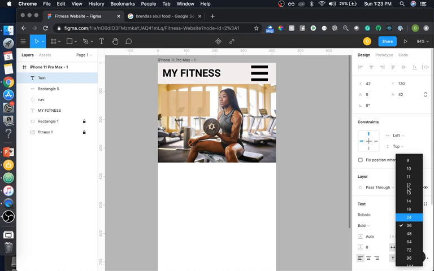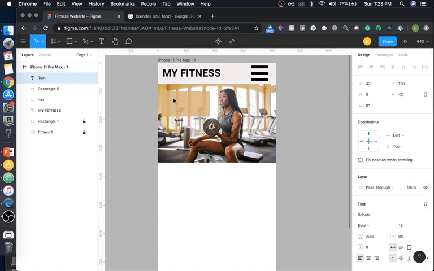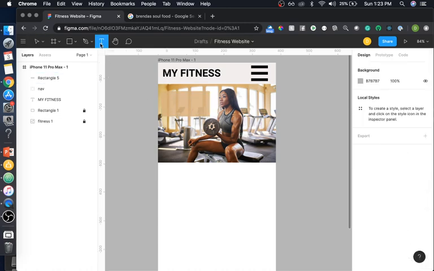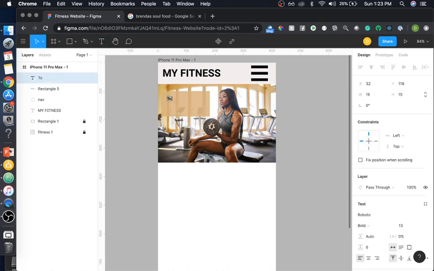Text is really big, so let's add something nice like to encourage fitness and mindfulness in all communities. So that's kind of our mission. Let's add some quotes